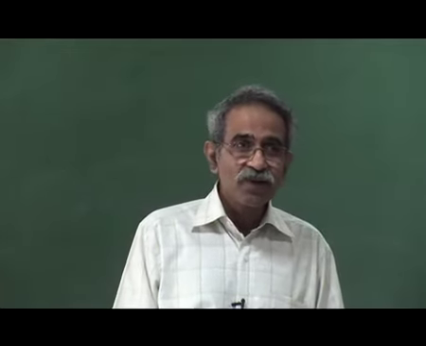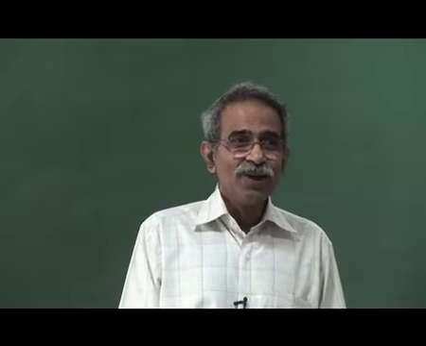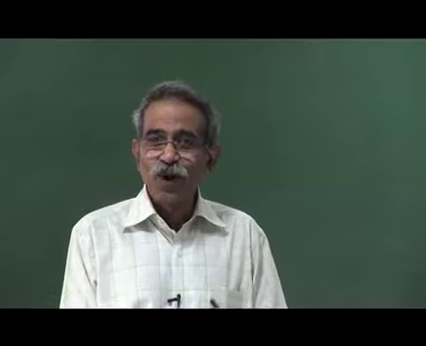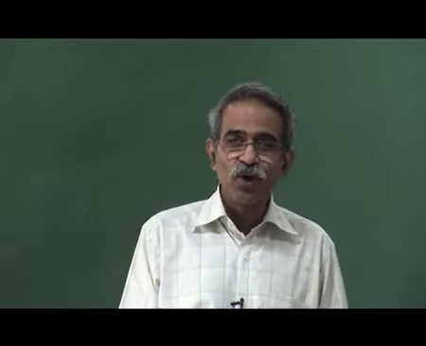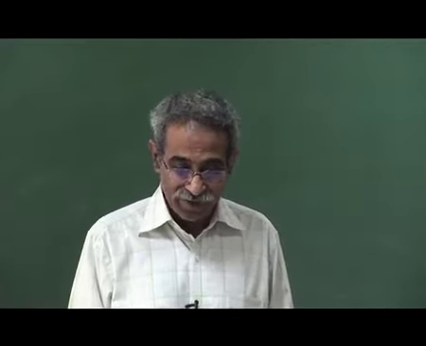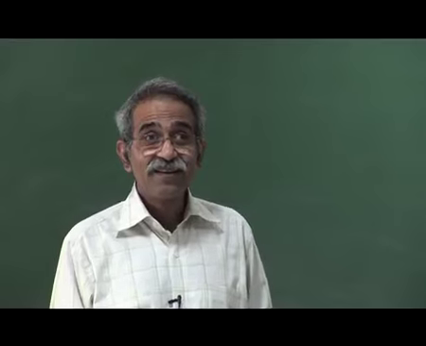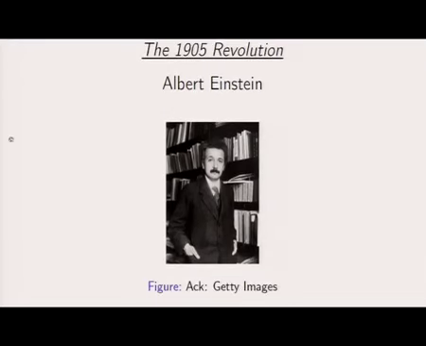So when you do optics, you will do all interference, double slit experiment, diffraction, etc. When you do modern physics, when you do the Bohr model, you will use the photon. But please be patient, you will get to know what it is in your later studies, maybe after another 3 or 4 years. So this is the picture of Einstein when he was 26 years old. The acknowledgement is Getty Images. All the figures have acknowledgements.